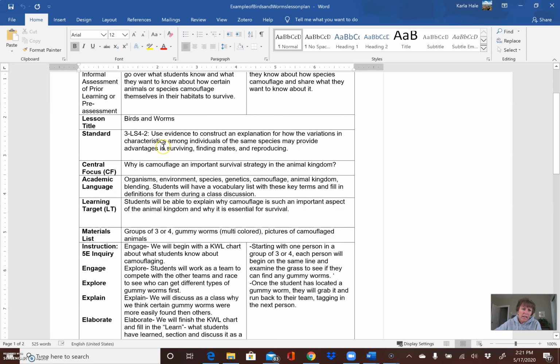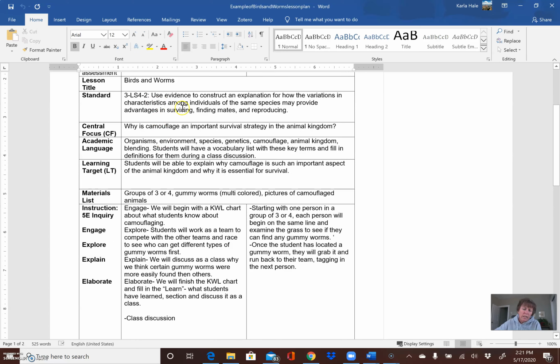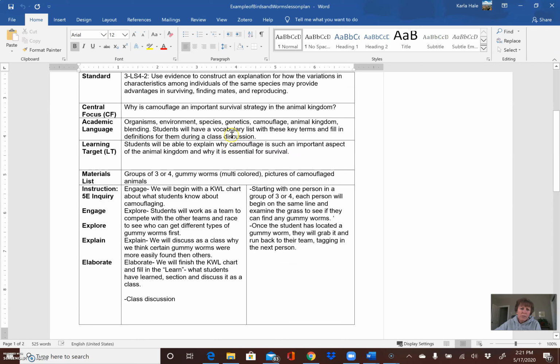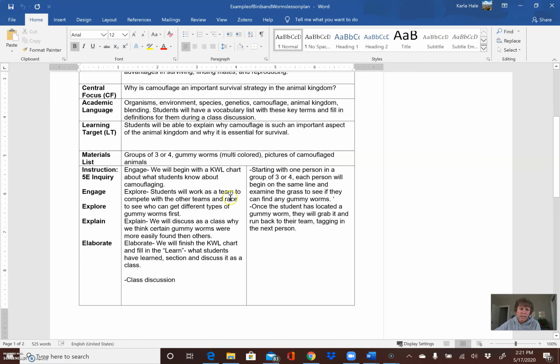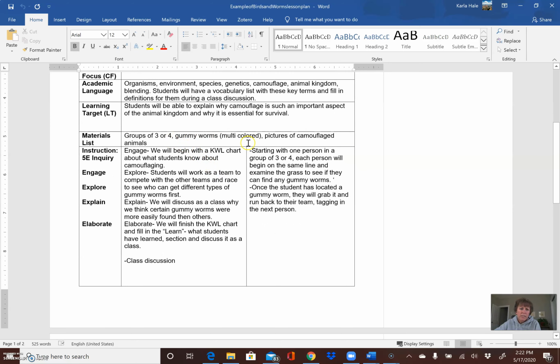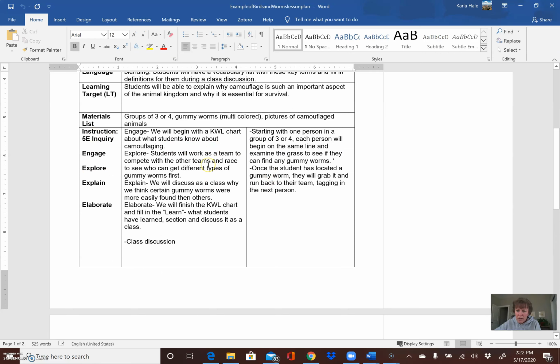The title of the lesson, they chose 3-LS4-2 as their standard. But the central focus is kind of what is my lesson about? What academic language will I be using, and how will I help students to learn that? And then they had slightly different learning targets than I had. So they listed their materials, and then here's where the 5E comes back in, the 5Es that we learned about